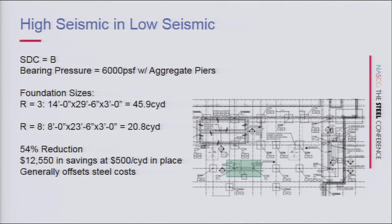By 3 feet thick. Again, we have frost issues in our neck of the woods, but you still needed that just to get enough dead load to deal with the overturning. So we got about 46 cubic yards in that footing, okay? If we look at an R of 8 system and we redesign it for that, we're down to 21 cubic